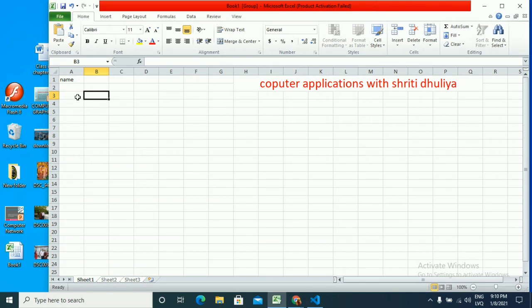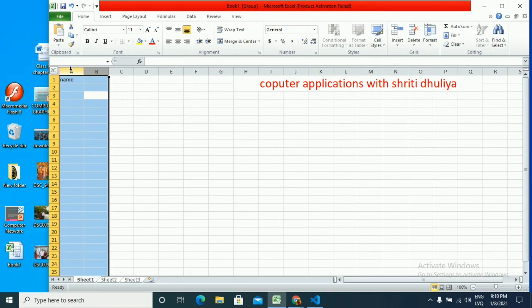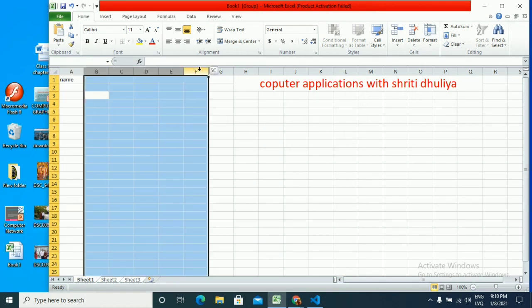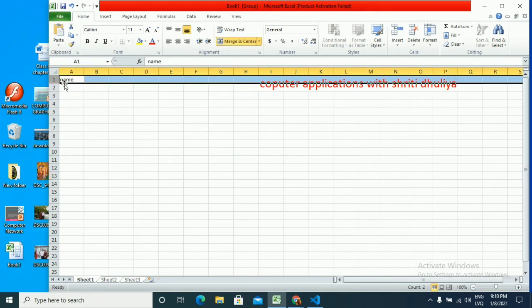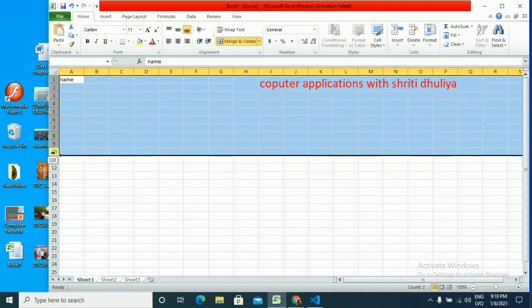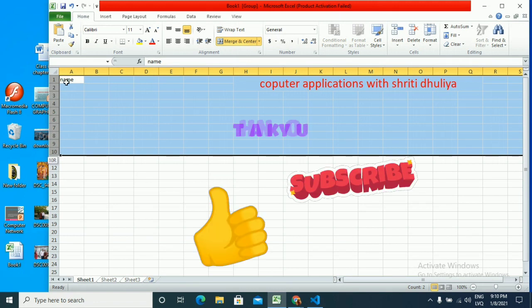If you want to select columns in a contiguous location, press Shift, click on the first column and then click on the last column. Then if you want to do the same for rows, press Shift, select first row, select the last row. So rows in contiguous location will be selected.